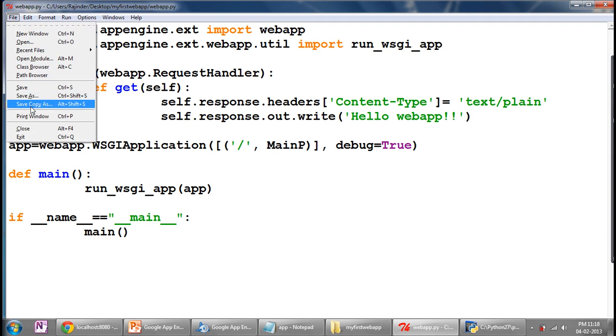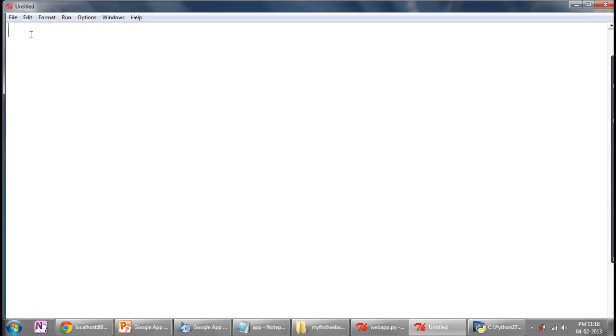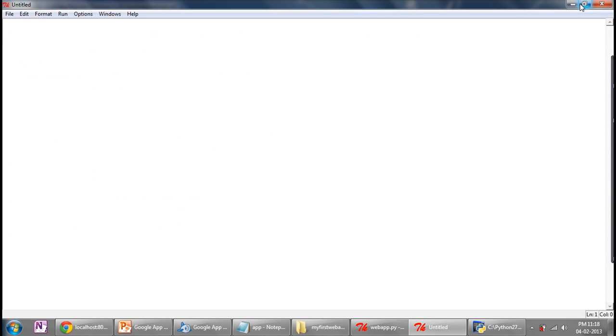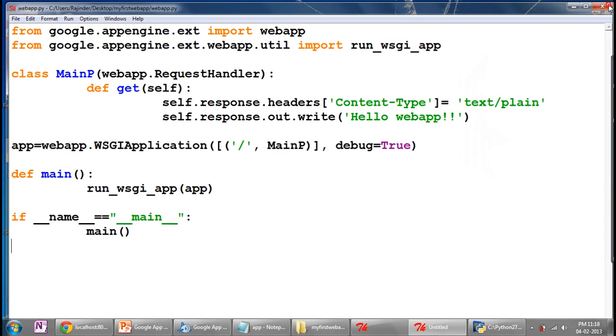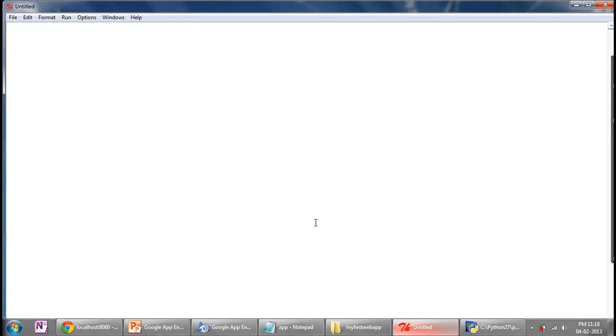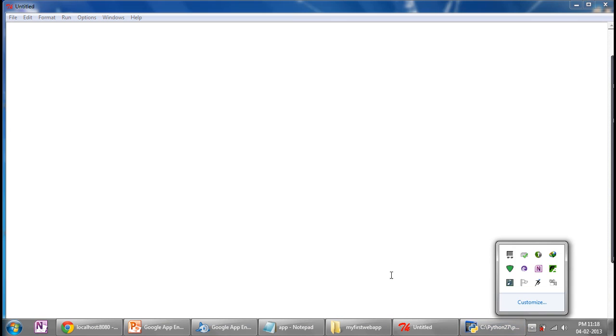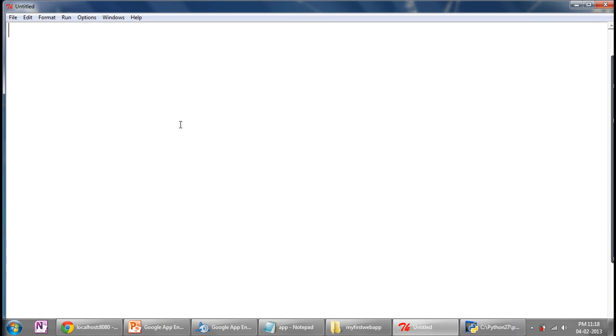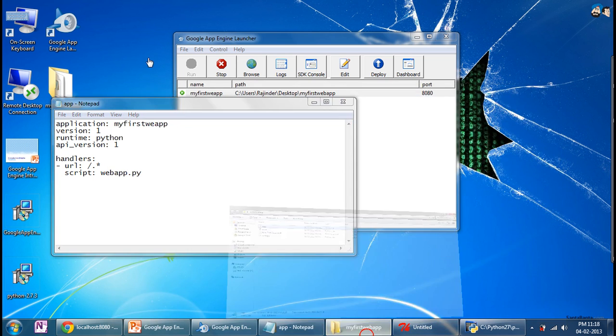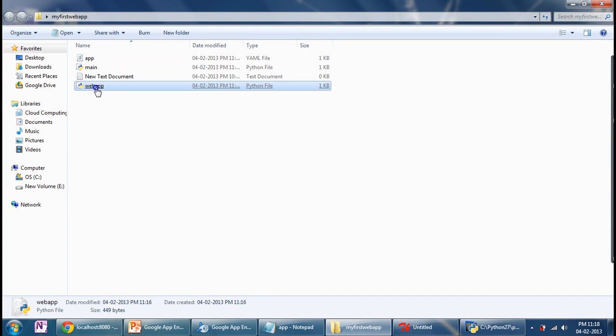Now create a new file, new window. Close this window. So first import the same files. Let me copy from that.